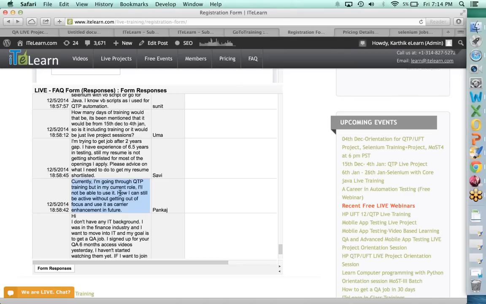Unfortunately, the primary reason you're trying to learn these tools is to get into your career growth, get into your job, or grow in your job and get better job opportunities. It is not because you love to. I'm sure you love to work on it. Selenium and QTP are very, very interesting tools, but you may not work on them, unfortunately. It is for you to get there.